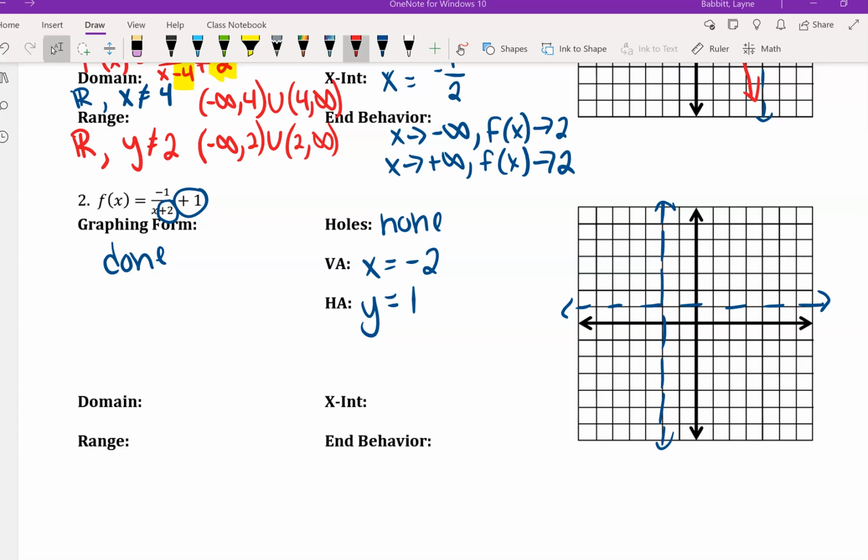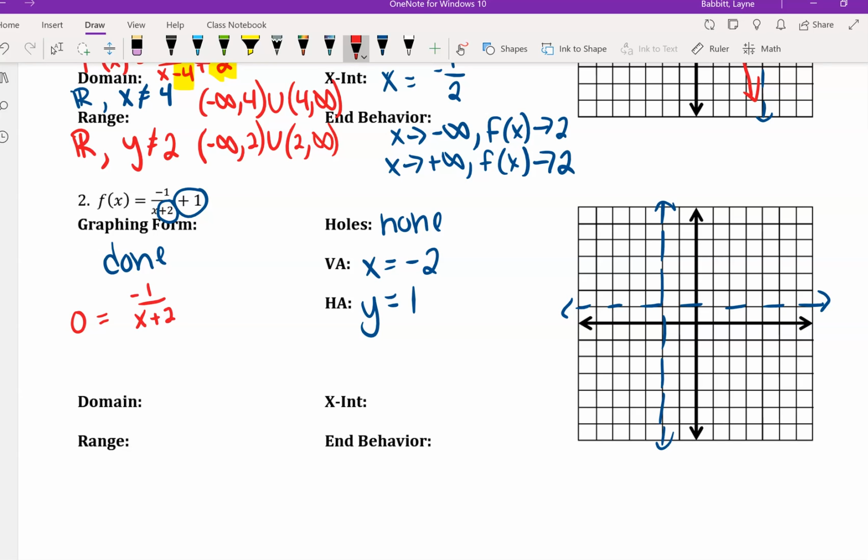And now we'll move on to find the x-intercept, so we know kind of how the curves are going to look or where they're going to be. Normally, if this was in standard form, I would just set the top equal to 0, and that would give me my x-intercept. But this isn't in standard form, so I instead will have to find the 0 of the function, because that's also an x-intercept. So I'm going to set the function equal to 0